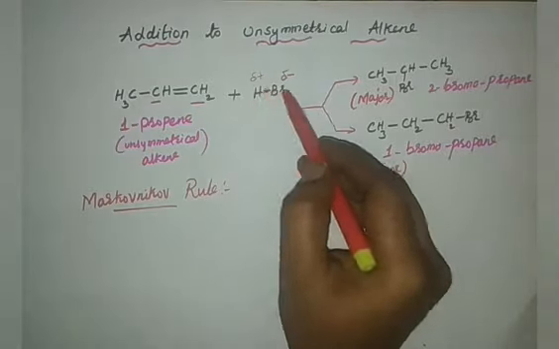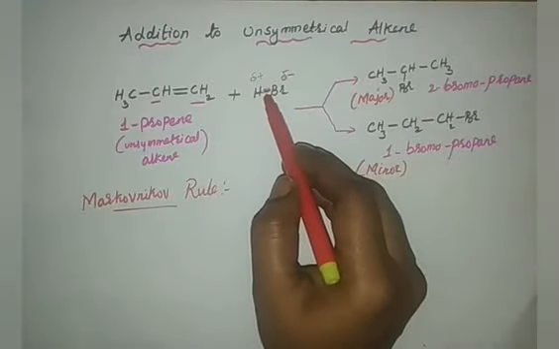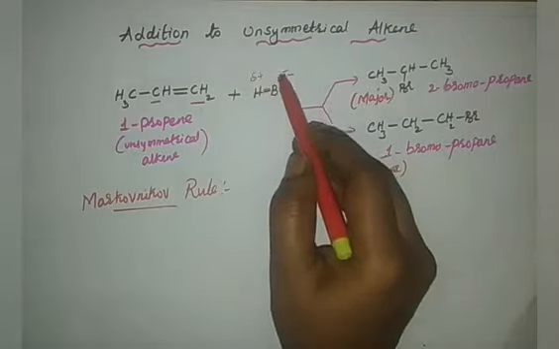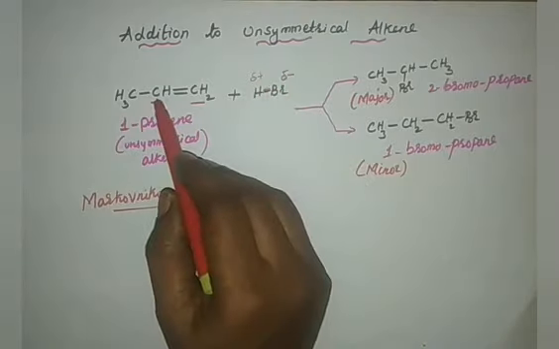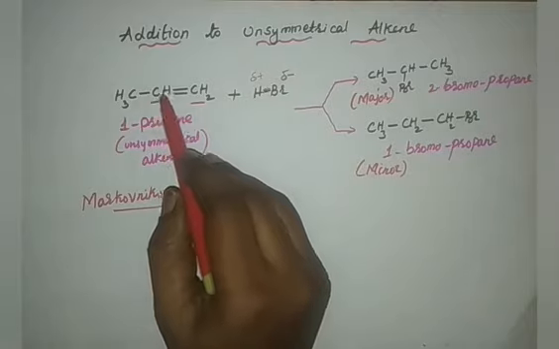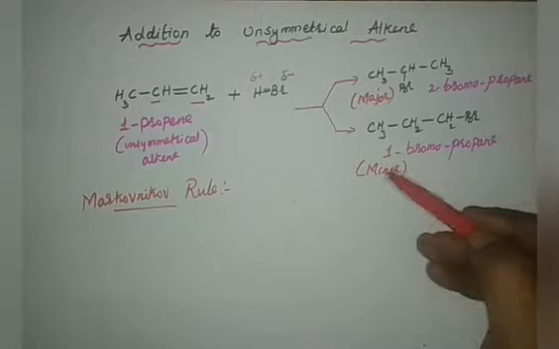This is your inductive effect, right? In the covalent bond, electrons are withdrawn towards it even though it is still in the bond. Therefore, I call it delta negative. So, this negative part of the addendum should be added on to the olefinic carbon having less number of hydrogens. See, this olefinic carbon has less. How to decide which is major and which is minor?